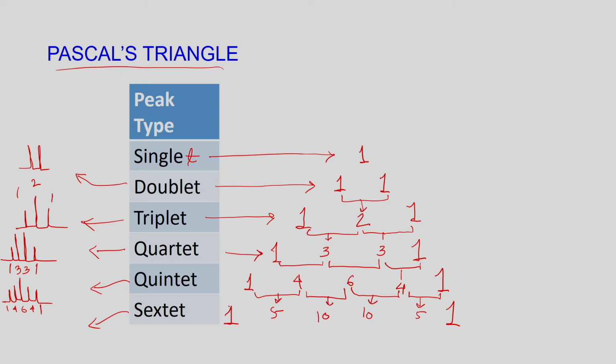So, in a sextet, you will have the peaks, if I want to draw correctly. So, you will have 6 peaks: 1, 2, 3, 4, 5, 6. They will be ordered in the ratio 1:5:10:10:5:1. This is very important, and the way you go ahead, you go for a heptet, like that an octet. So, you keep on adding this. That is why this particular inventor Pascal developed the peak intensity; this is called the Pascal triangle. So, this is how the peaks are splitting due to the spin states.